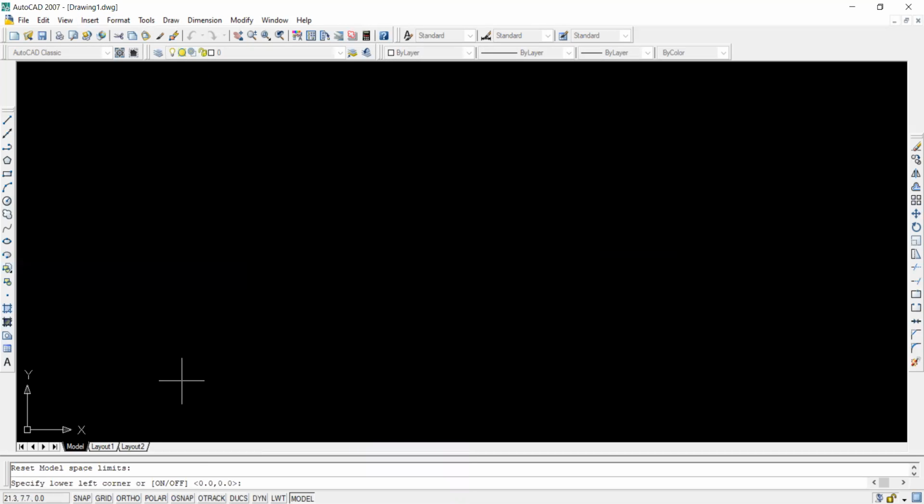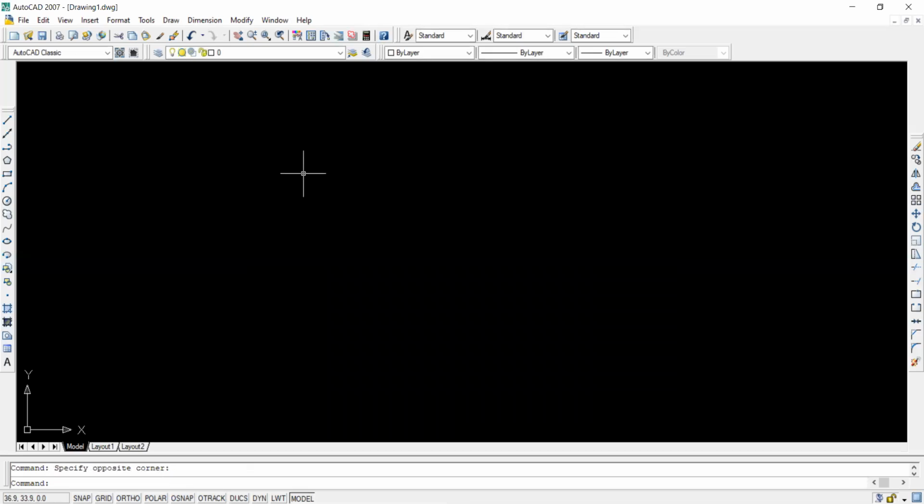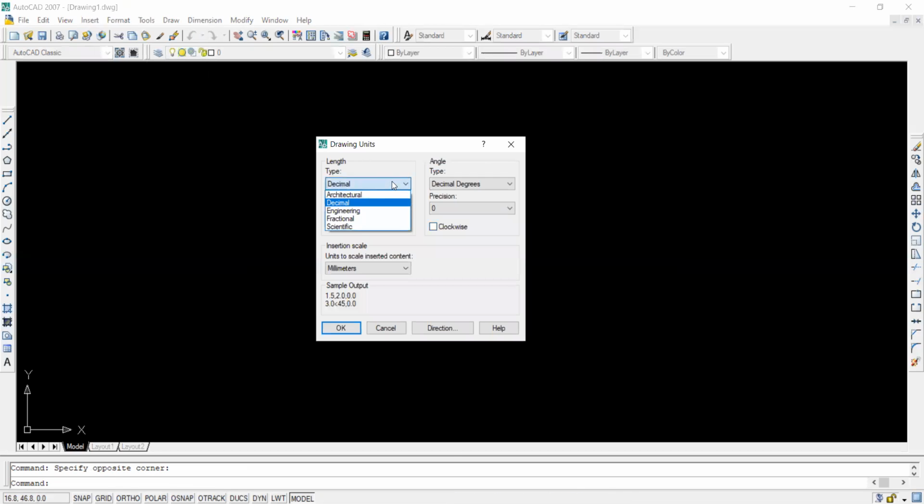594 by 420, so I can go here. 594 by 420 is our limits. So such type of page limit we can select. So this completes our simple three commands: how to select the page, how to select units. Units we can select from here and here. You'll find that there are different types of units and different types of angle.